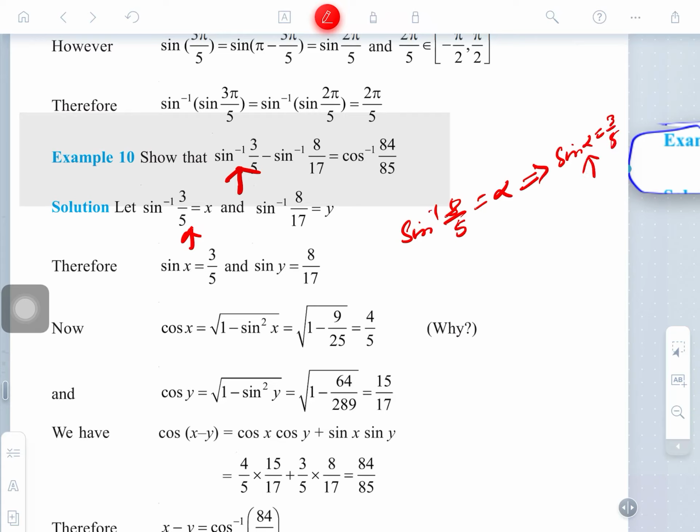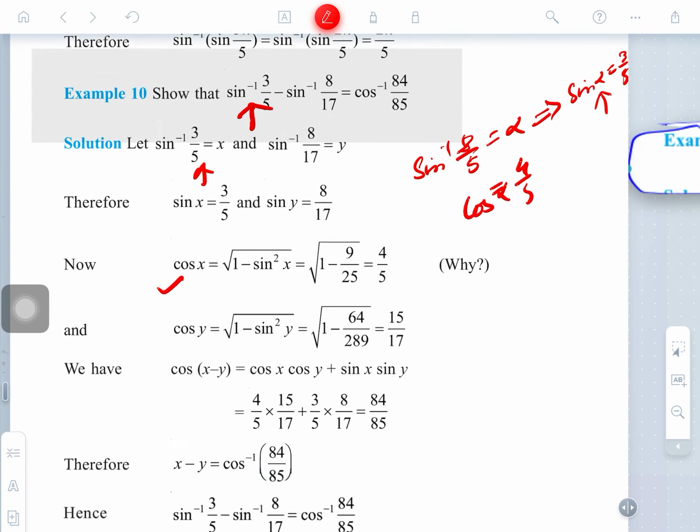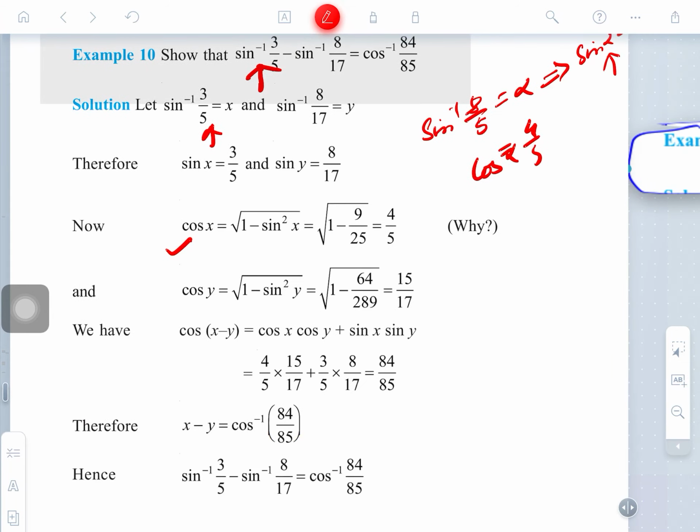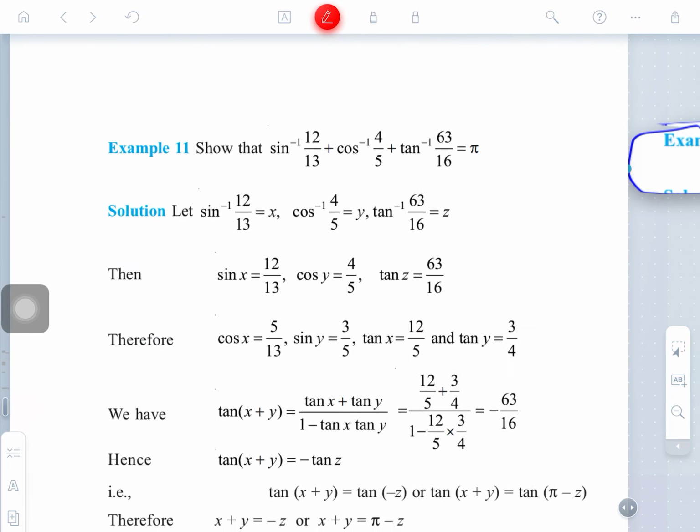You will bring it into cos, because cos is to be found out here, and in the same sense you bring cos. So what will cos be? Cos alpha is equal to 4 by 5. Here I have brought this by that method. Clear guys, right? So I will suppose this using that method.